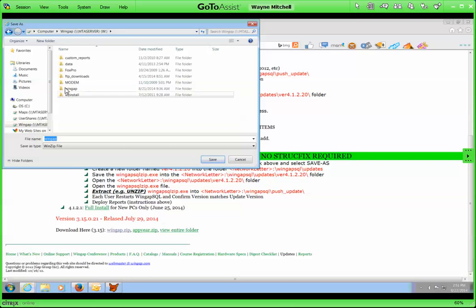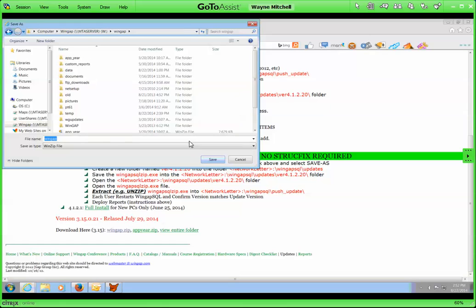Open up the Wingap folder. There's usually, or should be, a Wingap updates folder. I'm going to open it up. Now I'm going to create a new folder to hold this version. The version number that you can see from the website is 315.0.21. So I'm going to create a new folder named